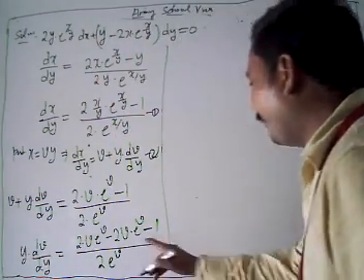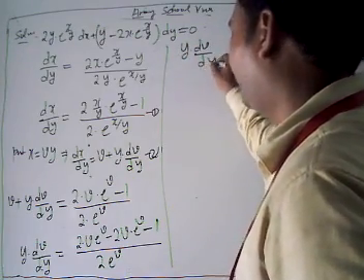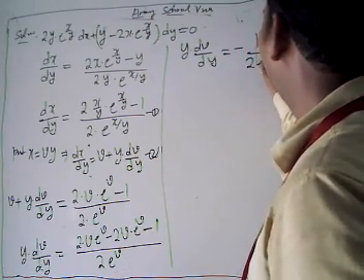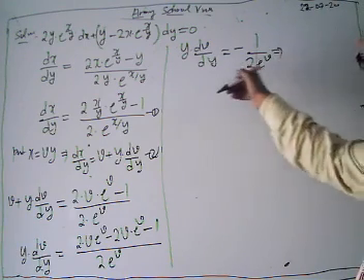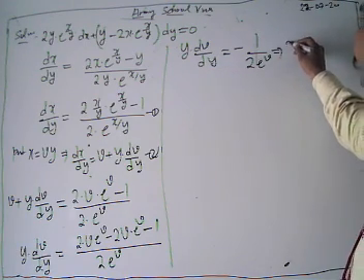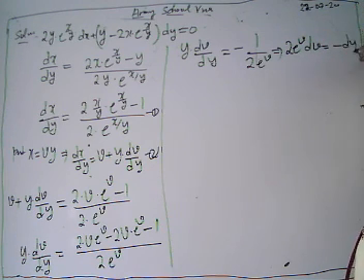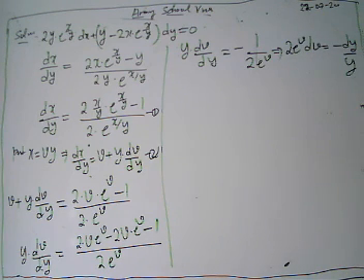Now after solving, what do we have? We have y dv/dy equal to minus 1 upon 2 e to the power v, after cancelling. Now we are going to separate our variables. Then finally we have 2 e to the power v dv equal to minus dy by y. Now after separating variables, we have 2 e^v dv equal to minus dy by y.